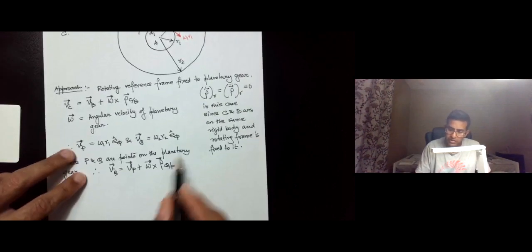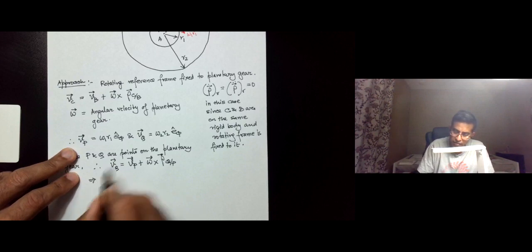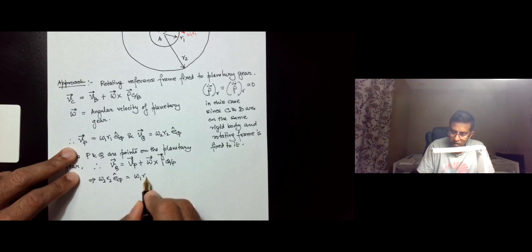So we proceed with this calculation. We have therefore omega 2 r2 E phi is equal to omega 1 r1 E phi